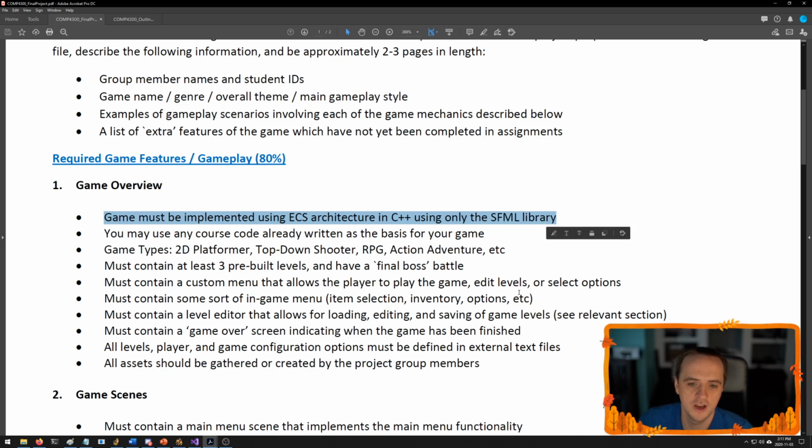So of course, your game must be implemented using the ECS architecture in C++ using only the SFML library, okay? So I said only the SFML library. That's not entirely true, but what I mean is this is the only graphics or gaming related library you're allowed